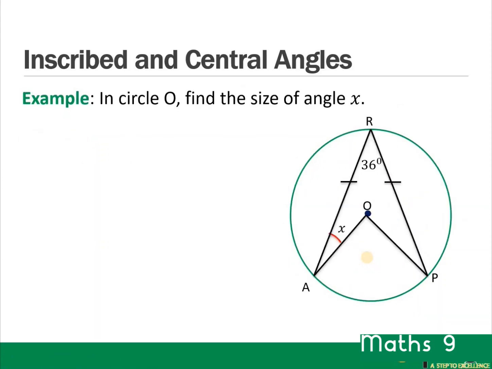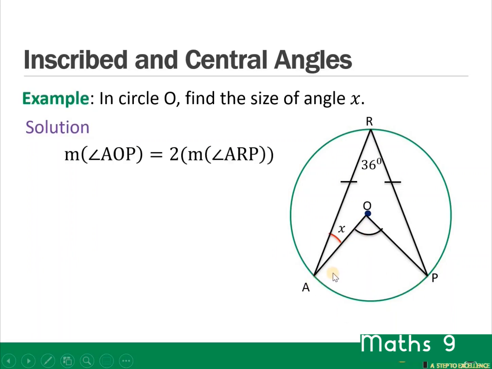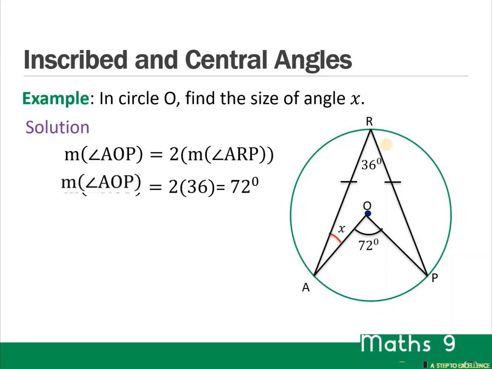Example: in this circle, find the size of angle X. Let's draw in this angle here. This angle here is equal to the measure of this arc, which is twice the measure of angle ARP. So it's twice 36, so it's 72 degrees. Now let's turn this into a triangle. These 2 angles are equal because this large triangle is isosceles. These 2 angles are equal because this smaller triangle is isosceles, and that means that this angle here must also be equal to x. And now we've got a quadrilateral